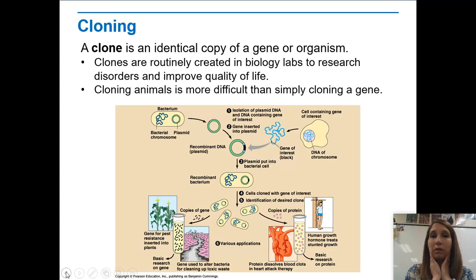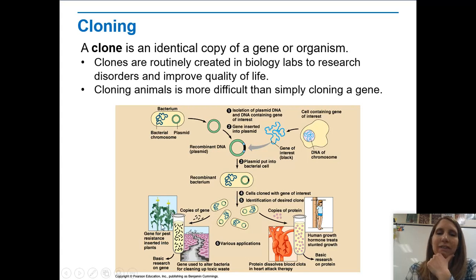So this is that process, and you can see there's a lot of similarities here to what we've already been talking about. Here's my bacteria, and I am going to use bacteria as part of this. I've got my plasmid. The gene of interest here is this little tiny black dot. So again, you cut it out, run it through a gel, you copy it, you sequence it, make sure it's all well and good, and then you insert that into a plasmid using the same restriction enzyme cuts. You grow that plasmid in bacteria, you isolate that bacteria,